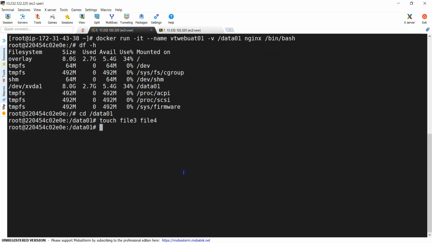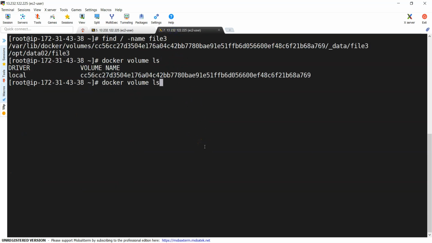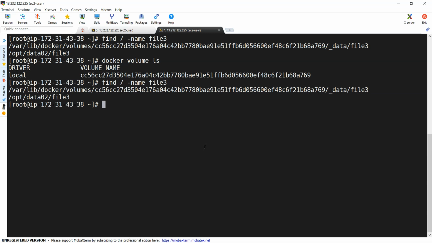Now I'm going to delete this container. So exit, docker ps -a. I am deleting my container with docker rm and my container name, because whenever you exit, it automatically gets stopped. So after stopping you don't need to use the -f flag. Now it has been deleted, and if I search for my file3, it should still exist. Why? Because we have used anonymous volumes. So even though it is an anonymous volume, it stores our data, but the volume name is random.